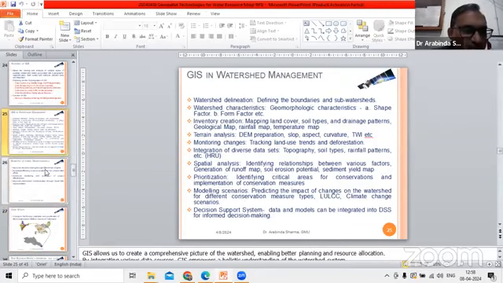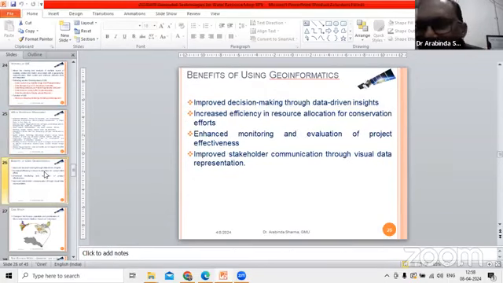So this is the use of GIS, and so what is the benefit of using this geospatial technology? So we can as such run the watershed management practices without using geospatial technology also. But the problem is that it is time consuming, may not be that much accurate, and also highly cost demanding. So in order to bring out more efficiency or more accuracy, it is always advisable to use geospatial technology for